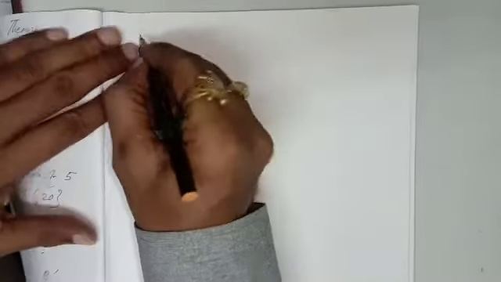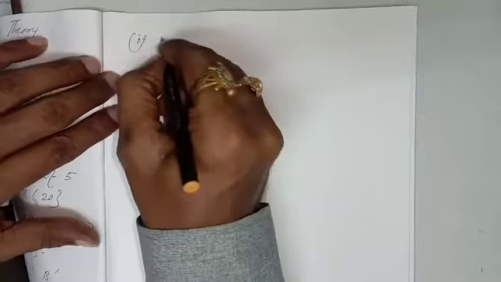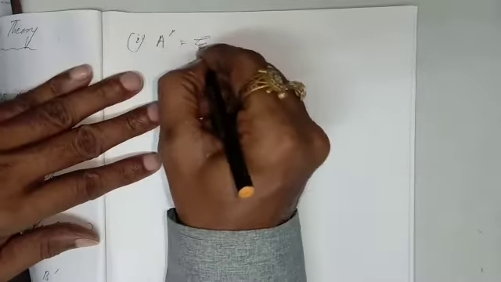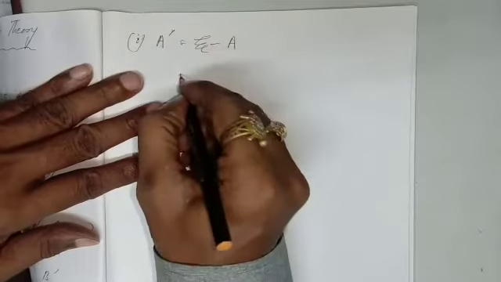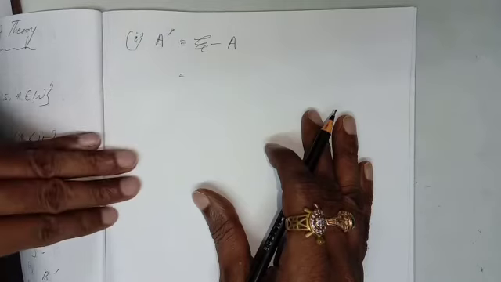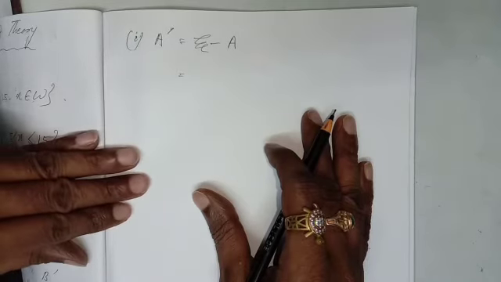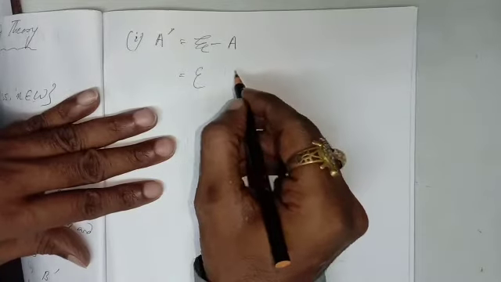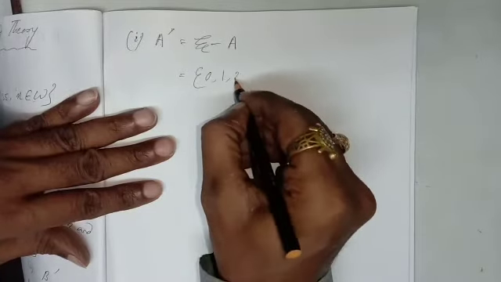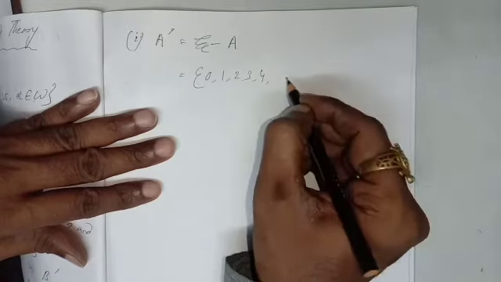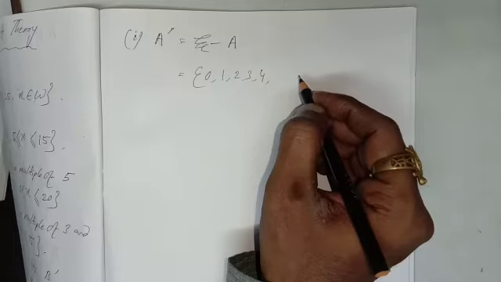Next I have to find the first part, A complement. Just to see how to find the first part. The question given, you have to find A complement. A complement means universal set minus set A. Universal set given 0 to 25 and A given 5 to 15. The remaining part you have to write. Means you have to write 0, 1, 2, 3, 4. 5 to 15 is omitted. Rest part you have to write.